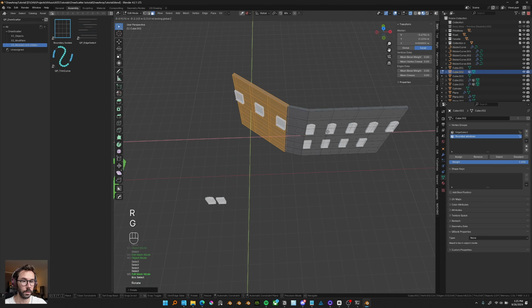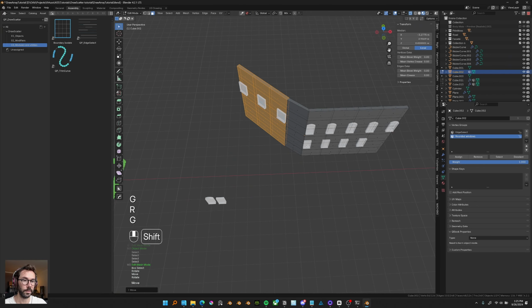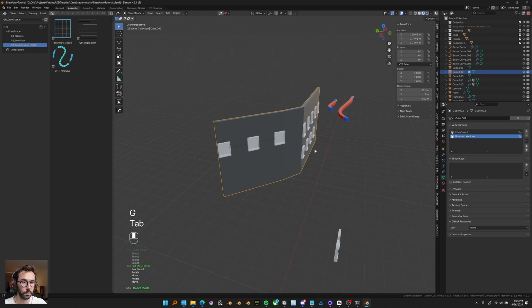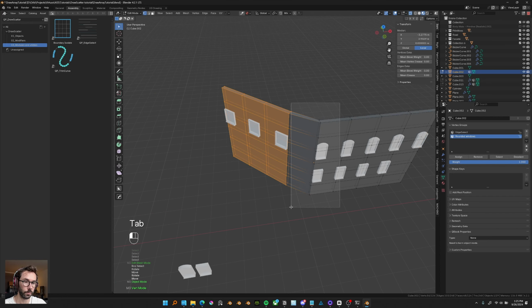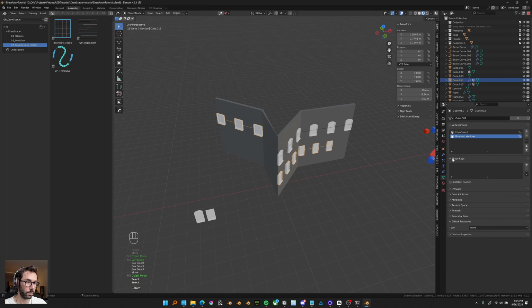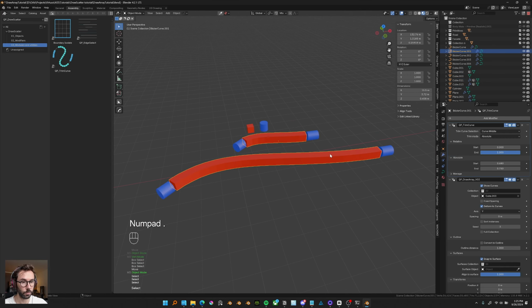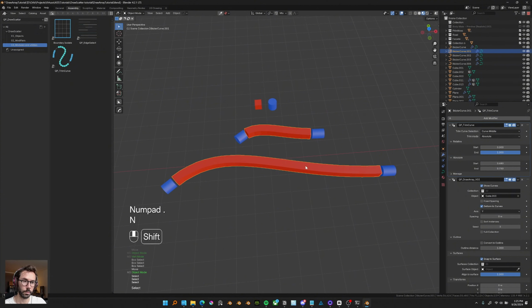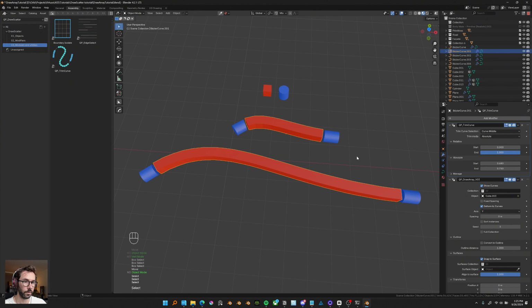And what's cool is that now you can have your facade and then tweak it as you want. So that's one way to have some procedural elements. So that's for the edge select. And now one that is also really useful and probably one of the most fun ones and quite versatile is